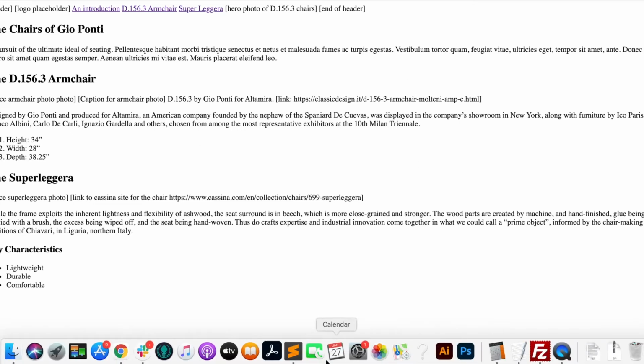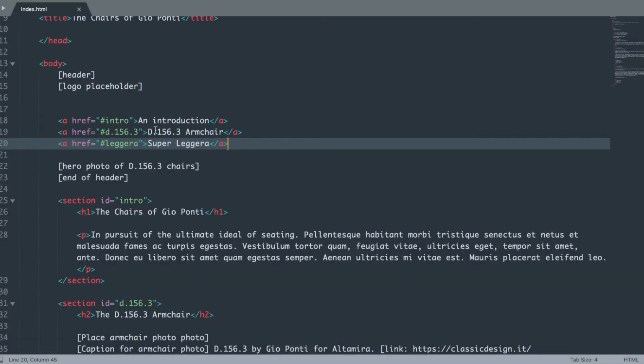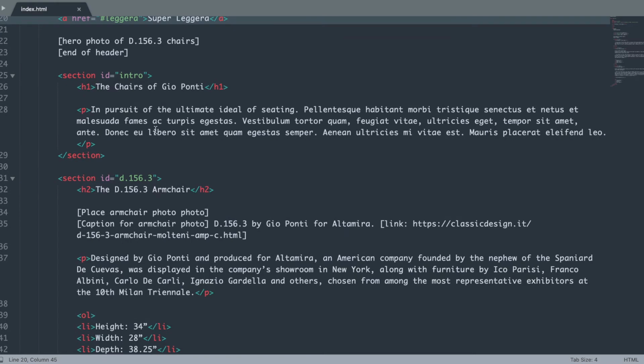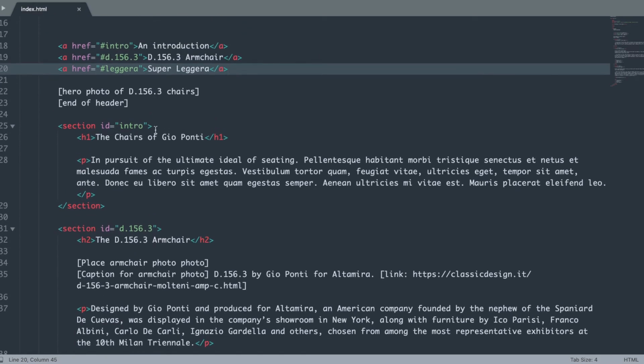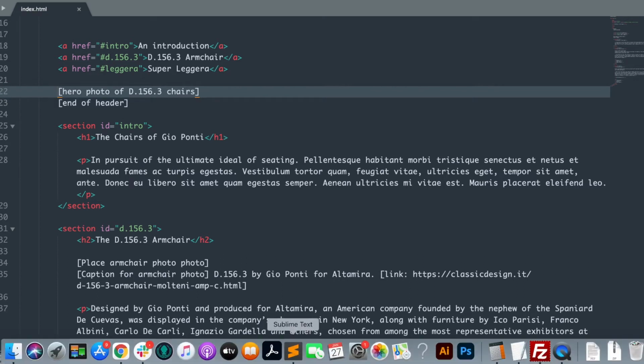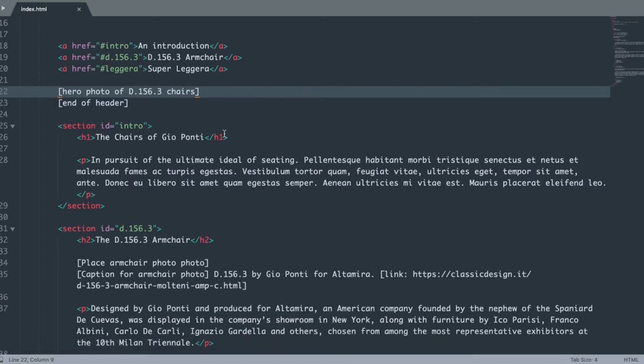So let's get a few other hrefs going here. Well, let's get some content going here, but also some more hrefs while we're at it, to get you a sense of some of the different things we're doing. So this thing here says hero photo of D156 chairs. So that's an image. The text file didn't have the image in it because that would be annoying, and we can't